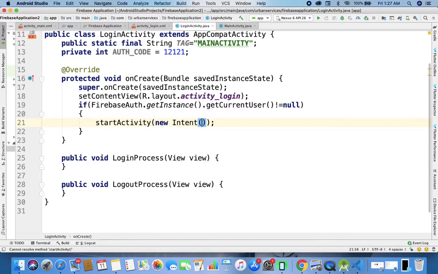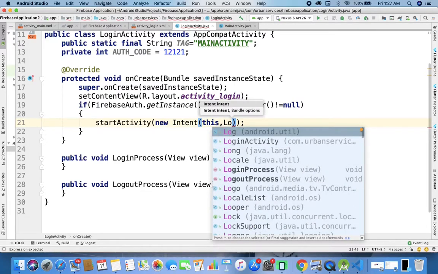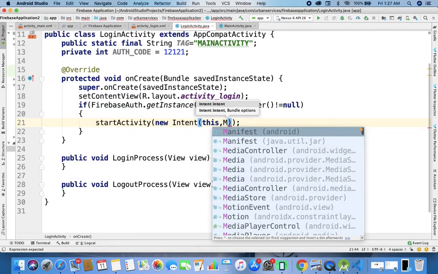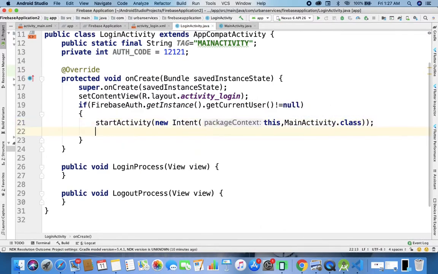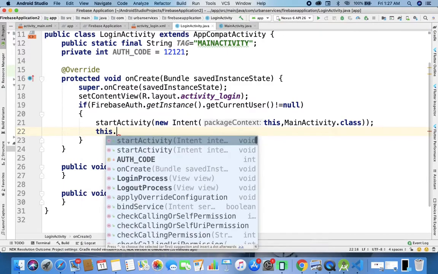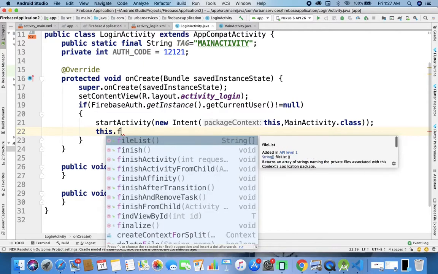So the new intent, and this activity will be this, comma, LoginActivity, or what we need is MainActivity.class only. Okay, that's fine. So login means it's sending us back to the main activity if it is not equal to